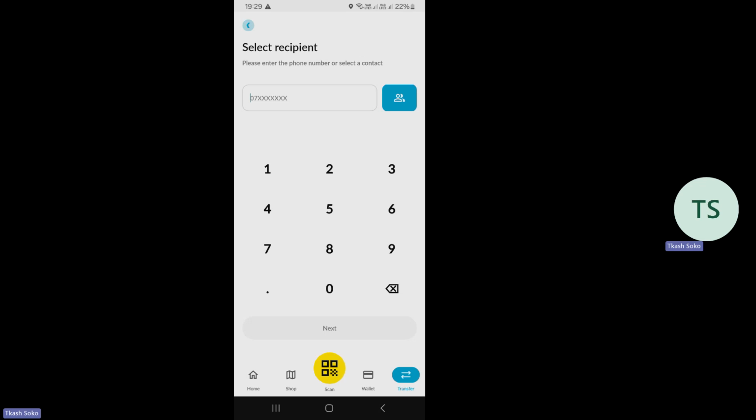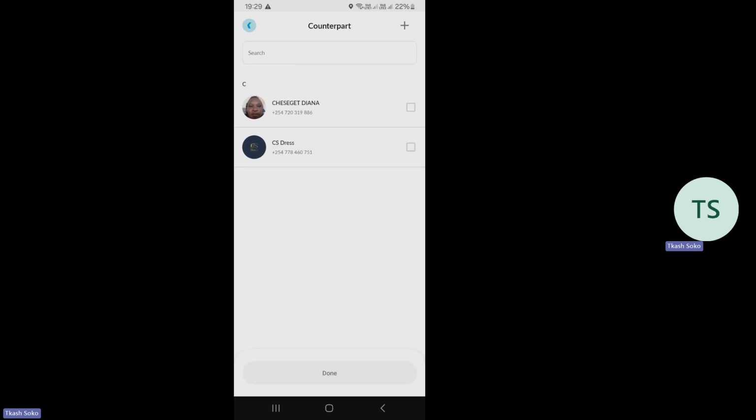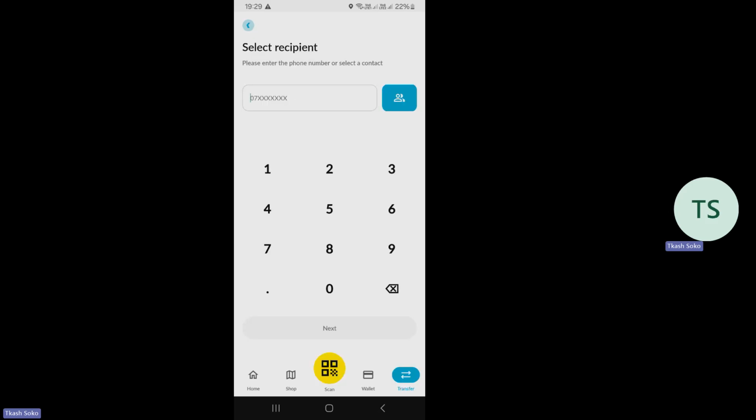Then you enter the recipient phone number. There are two options. You can type the phone number, for example, I can type mine, or instead of typing, you can go to the phone book. How do you go to the phone book? You can just tap the blue icon beside the number that I've typed, near the X option. There is that blue icon that has the phone book. When you tap on that, it takes you to some of the contacts that you have, and of course you can send money to them. But in this case, I would want to try and do a transaction to this phone number.